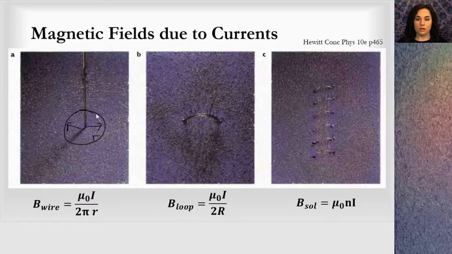For any r, it'll be a constant magnetic field along that r. And as you move outward, the magnetic field will get less. Here's a loop. You can see the circling happen around each side of the wire here, and right in the center, that's what we'll be worrying about, it is perfectly aligned in one direction. When I take a bunch of those loops